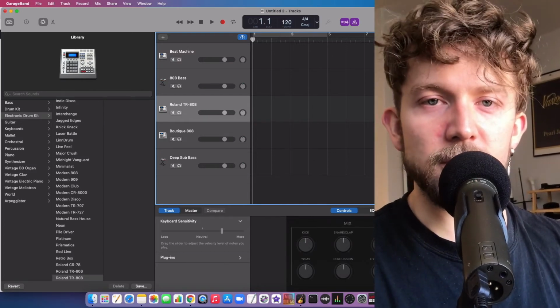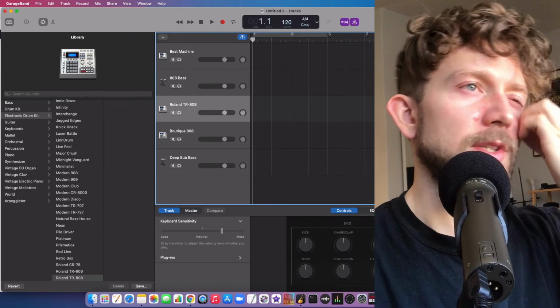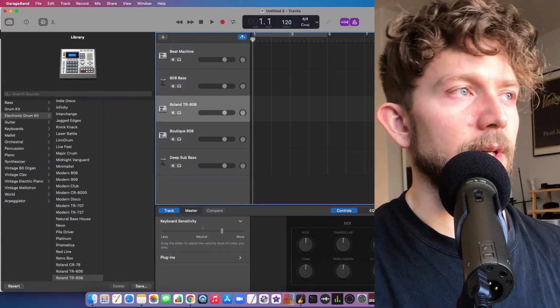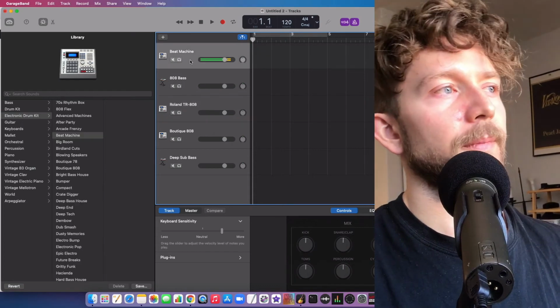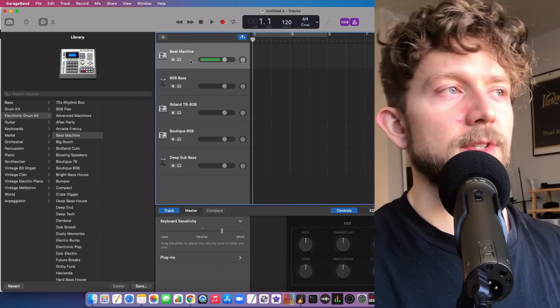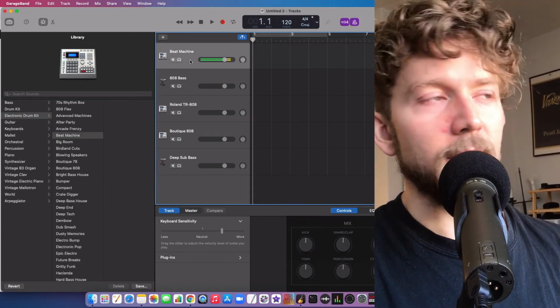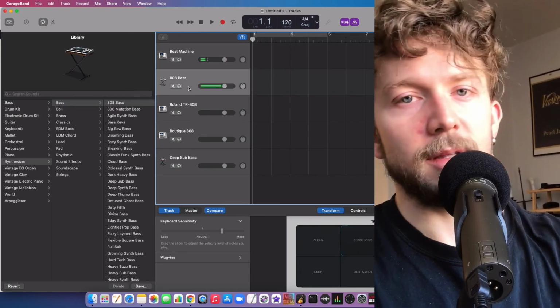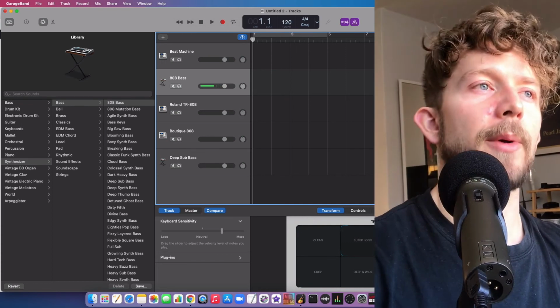I hope it kind of illustrated the difference here. Just to say it again, the kick is actually a kick. Here's the beat machine kick. That's the kick, right? But there's not necessarily an 808 in there. That's just the kick. But then when you hit it on this, it's like the bass, right?